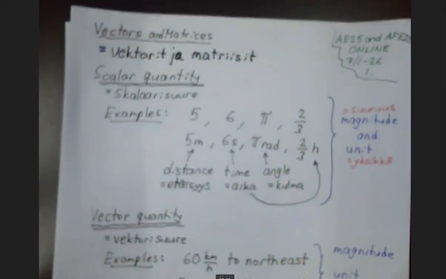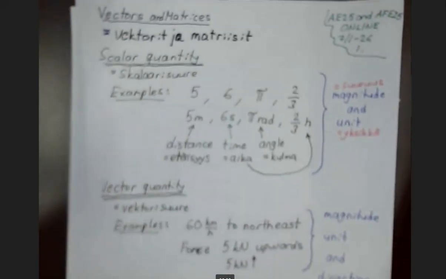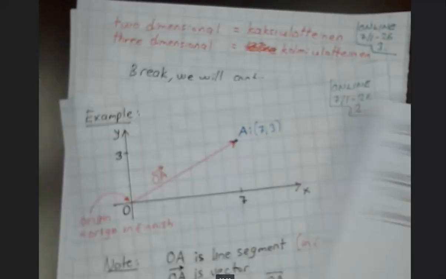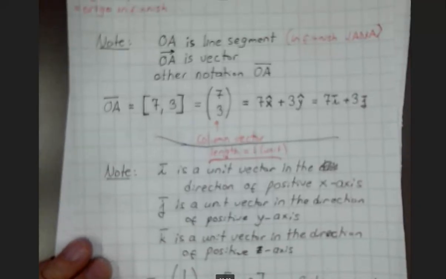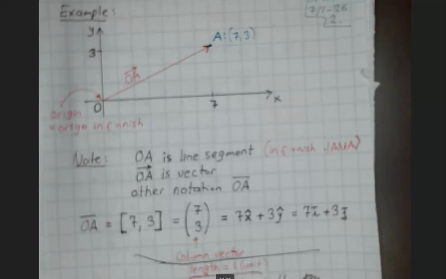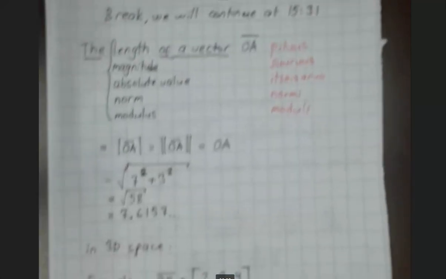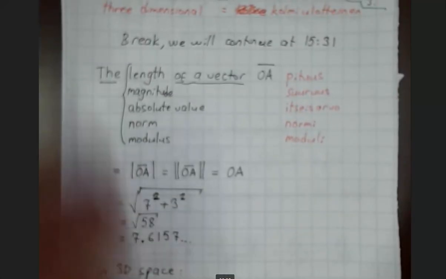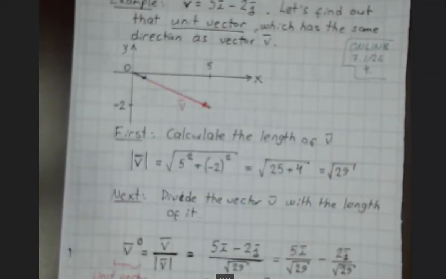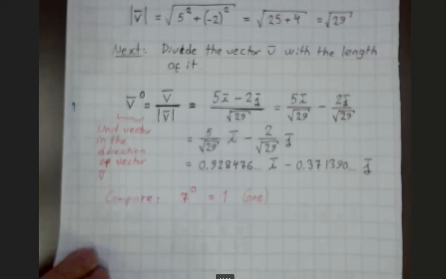I don't know why it shows so nasty right now. And we calculated some cases there, created vectors with the help of coordinates, and calculated the lengths of the vectors, and the unit vector we had there, and